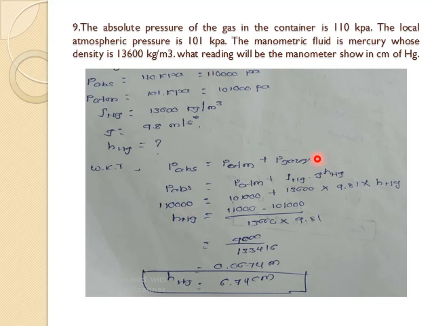Atmospheric pressure is given in the question itself. Absolute pressure is also given. Gauge pressure is nothing but we can write it as rho into G into H, the basic formula. Rho is the density of the mercury, G is 9.8, and Hg is what we need to find out here. So height of the mercury in the manometer is 0.0674 meter. He has asked in terms of centimeter. Convert this into centimeter, it becomes 6.74 centimeter. Height of the mercury column in the manometer is 6.7 centimeter. That is the answer.